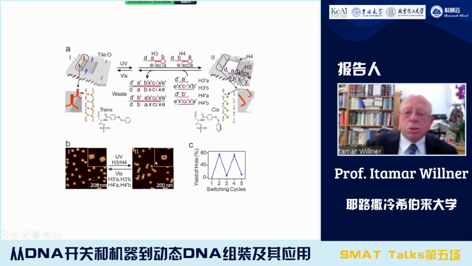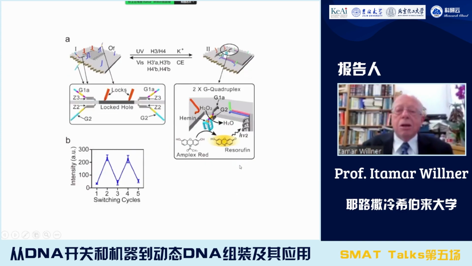And this is exactly what you see here. You see here the lock structure, the unlock, and by light, we were able to open and close the DNA structure and construct on the two sides G-quadruplex subunits that self-assembled upon opening into the G-quadruplex and got separated upon closure of the window, and get reversible, switchable, catalytic activity in this whole nanostructure in the DNA system.